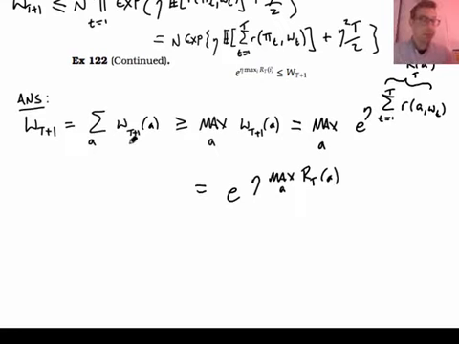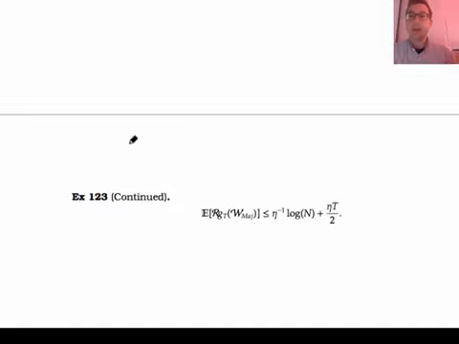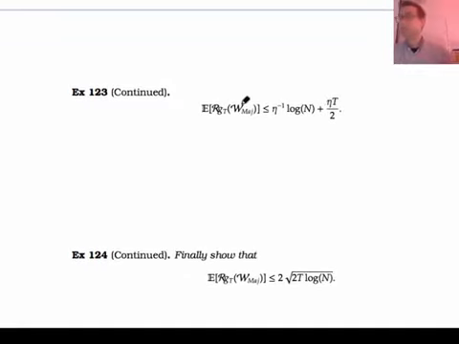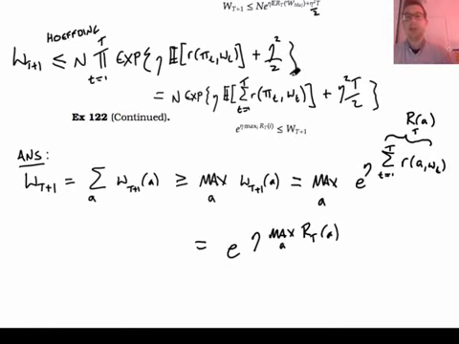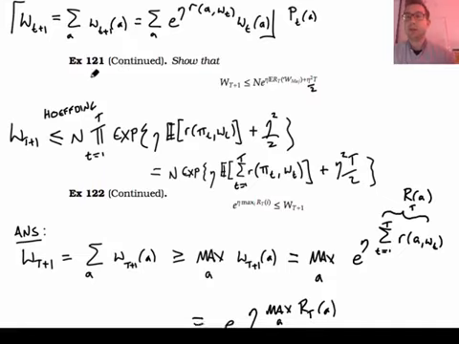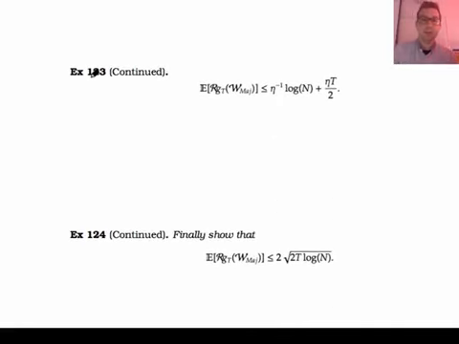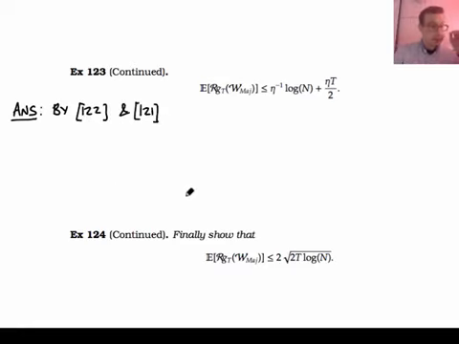All right. Now we're nearly done. The next bit says to essentially prove the result. So I can basically get my answer from 122 and my answer from 121. So by 122 and 121, I'm going to have that